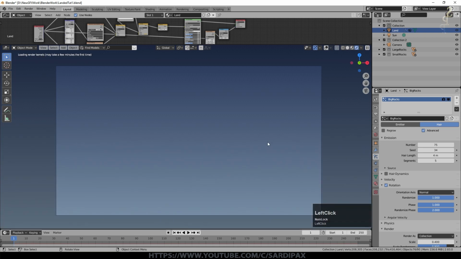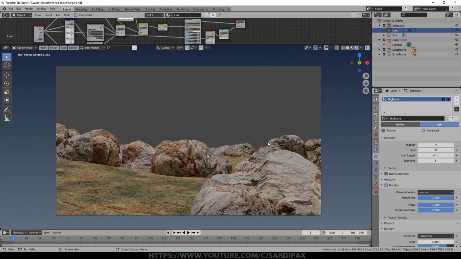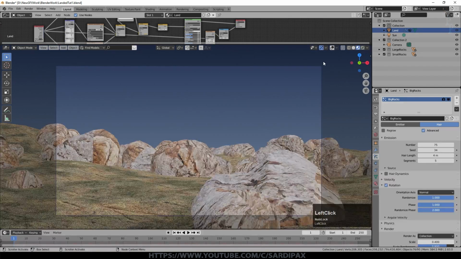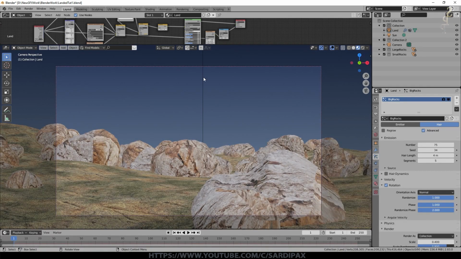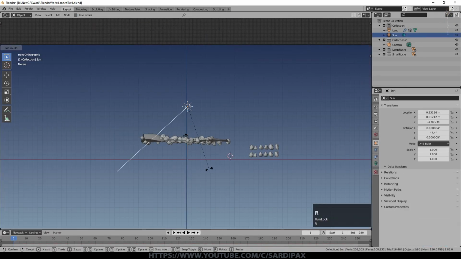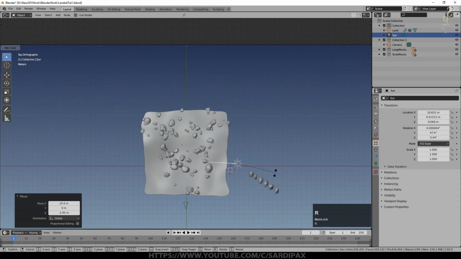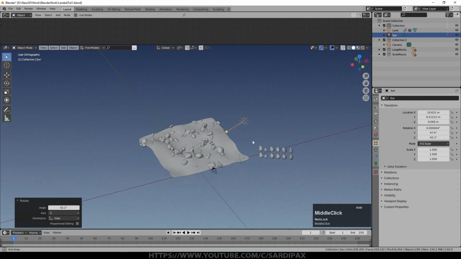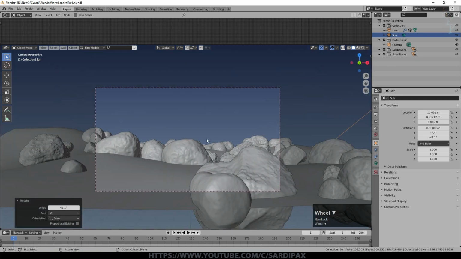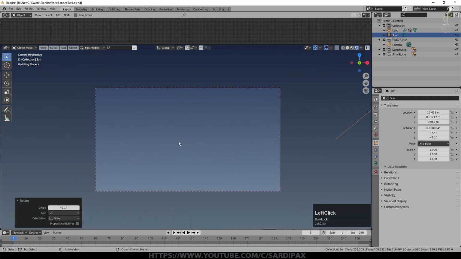If we go to rendered view, we can see how that's looking. Obviously, we haven't done anything with the sky yet. So that's not too bad. And we've also got the sun just coming straight down from above right now. So let's modify that. Let's put the overlay back on. We'll select the sun and we'll just put an angle on it. It doesn't really matter where the sun is, but it helps when you're trying to work out what's going on where. So here we've got the sun somewhat behind the viewer. So let's have a look at what that looks like in rendered view.